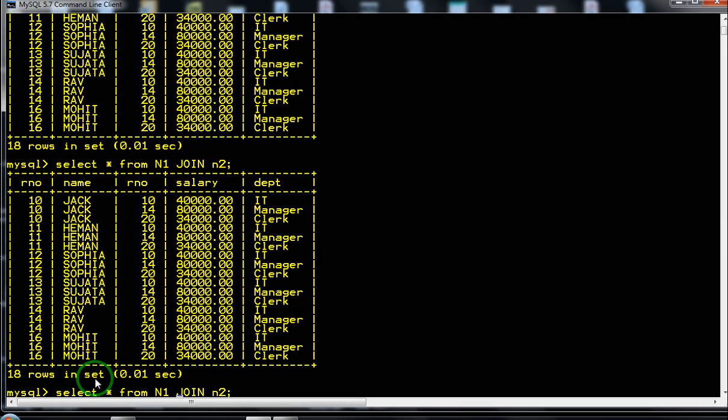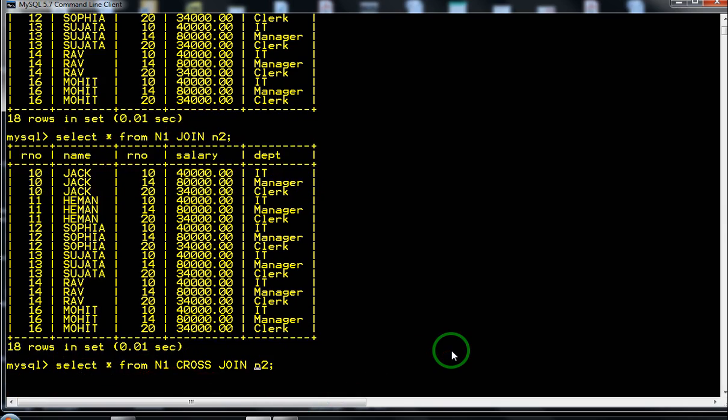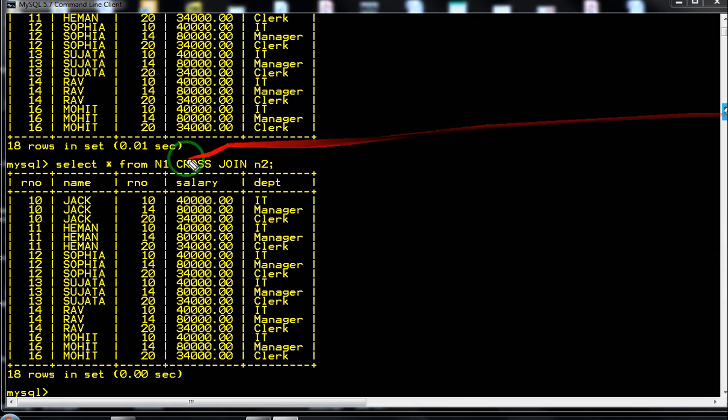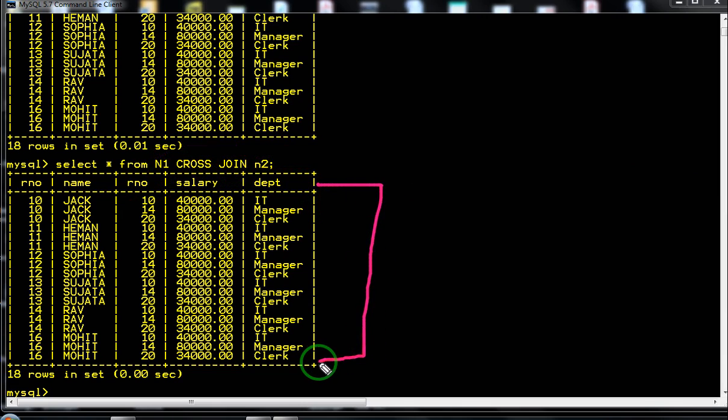Or to create a cross join, you can also give the command cross join. This will also create a cross join between N1 and N2. These are the name of 2 tables, N1 and N2. Between these 2 you are creating a cross join. That means all the possible combinations will be made in a cross join.